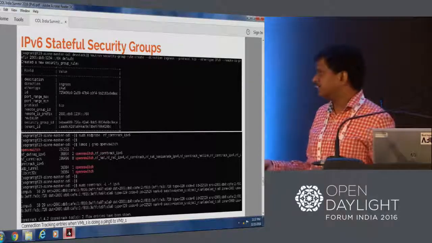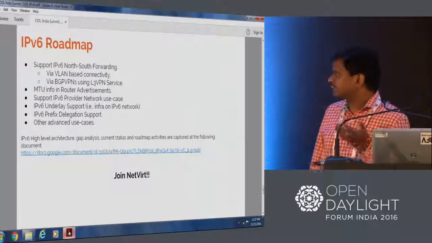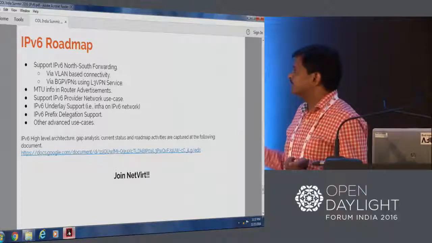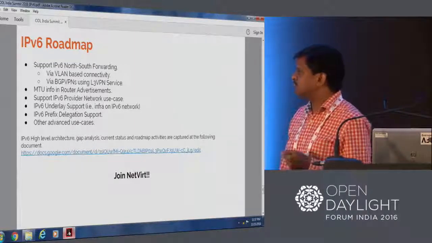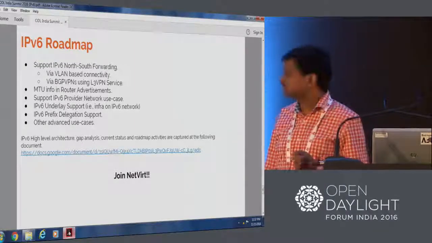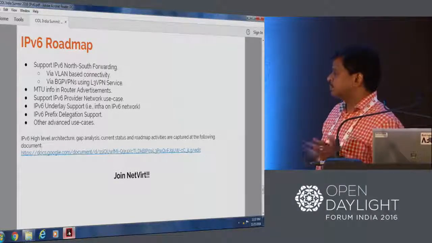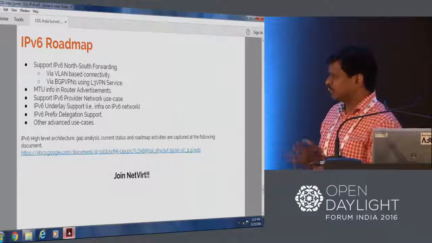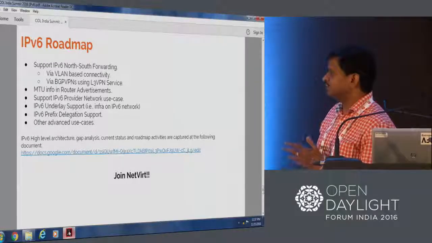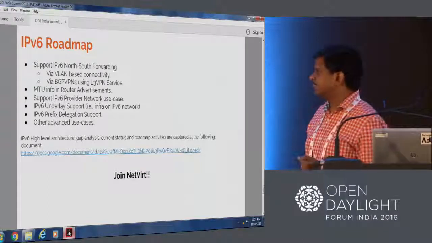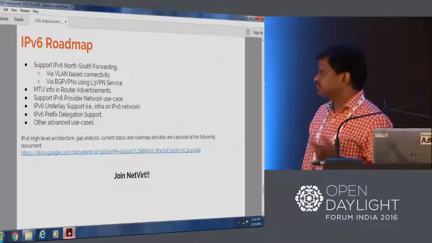this module already there. We have some pending activities that we intend to take up during the Carbon cycle, like north-south communication, both using VLAN-based connectivity as well as BGP VPNs, MTU advertisement in router RAs, and support for the IPv6 provider network use case. There's only a minimal amount of work that needs to be done here. And depending on resource and time availability, we will take up other advanced use cases like prefix delegation,